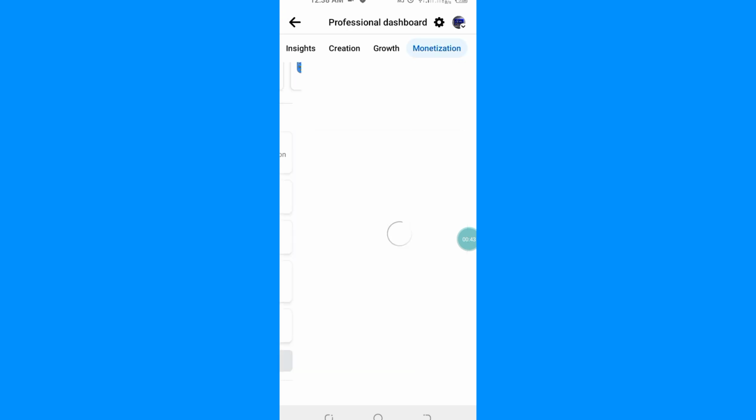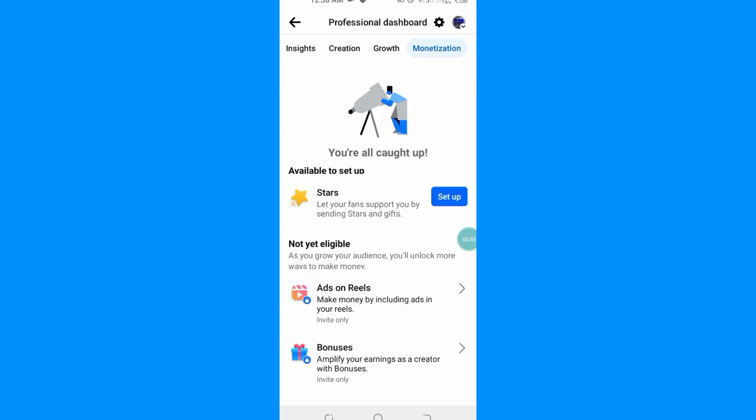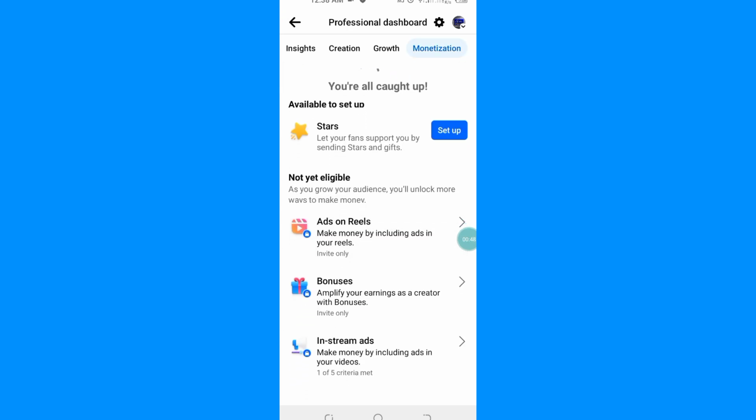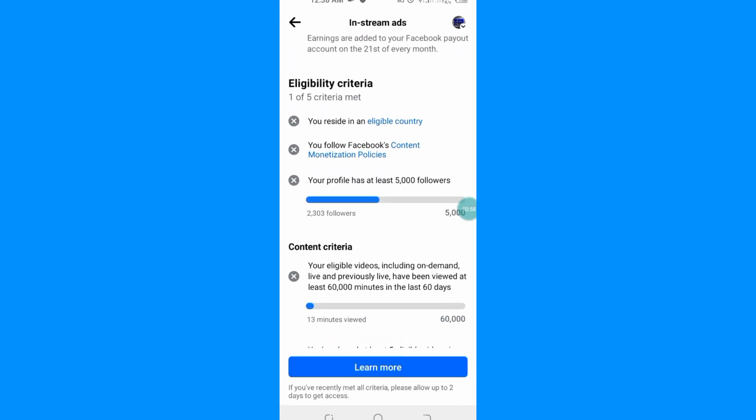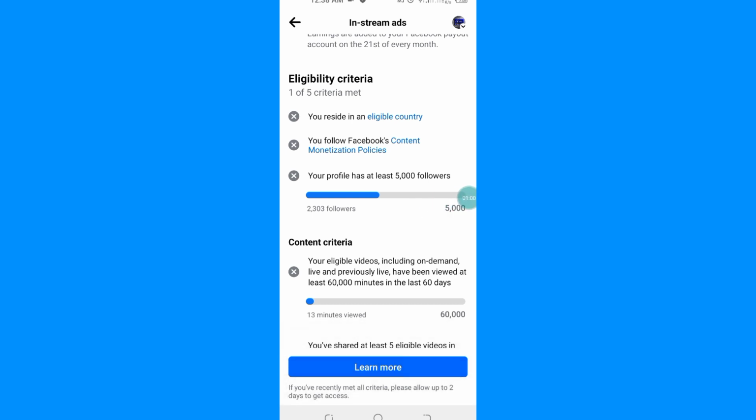Here you can see, simply click on monetization and now scroll down and click on in-stream ads. Now click on this icon and here you need to complete this